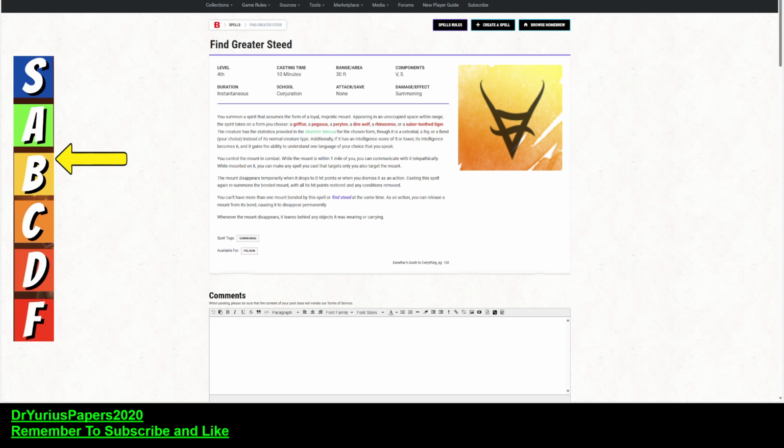So 4th level spell, casting time of 10 minutes, obviously. Range of 30 feet, the range really doesn't matter. Verbal and somatic component, that's good. And so you summon a spirit that assumes the form of a loyal, majestic mount appearing in an unoccupied space within range, which takes the form of a griffin, pegasus, peryton, direwolf, rhinoceros, or saber-toothed tiger. We're going to go over all these and what is the best ones. And we're also going to go over a little bit, again, about mounted combat, because it works a little bit